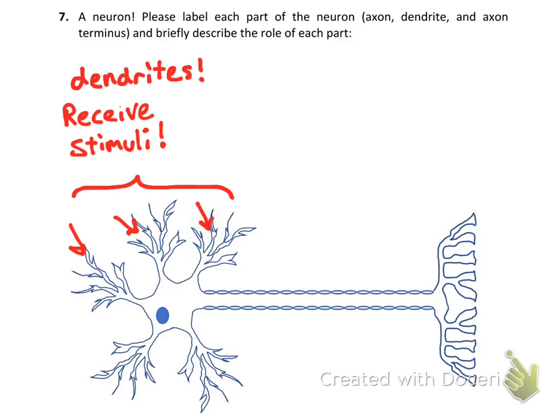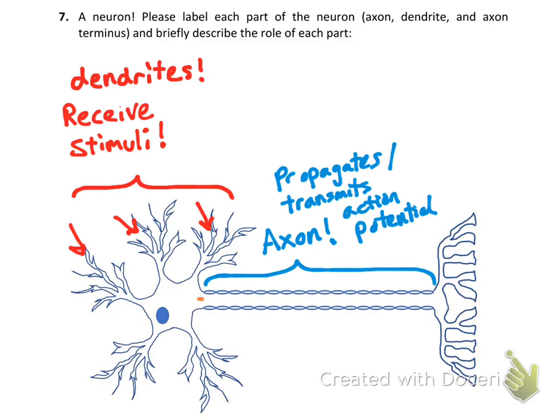Then the signal travels to the axon. The axon is basically where the signal gets sent down the neuron. So this is what propagates the signal down the neuron. And for our purposes, we just want to understand that this sends an electrical signal down the cell. So the signal starts at the dendrites, and it moves down through this electrical signal that's caused by the movement of ions, and it goes down toward the end where it reaches the